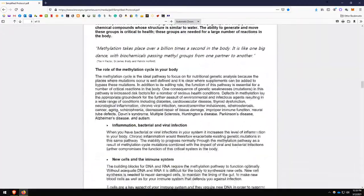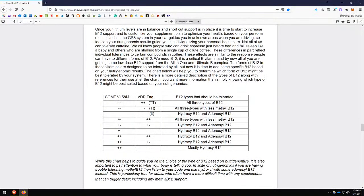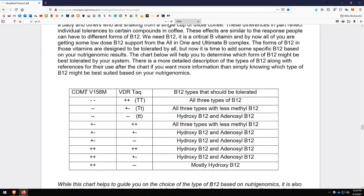So here you have the chart. If you know your catechol-O-methyltransferase (COMT) V158M polymorphism, this is no mutation, this is heterozygous mutation or polymorphism, and this is a homozygous mutation or polymorphism. Here you have VDR TaqI, which is the vitamin D receptor TaqI gene. If you know which one you are, plus is always homozygous, plus minus is always heterozygous, and minus is always no